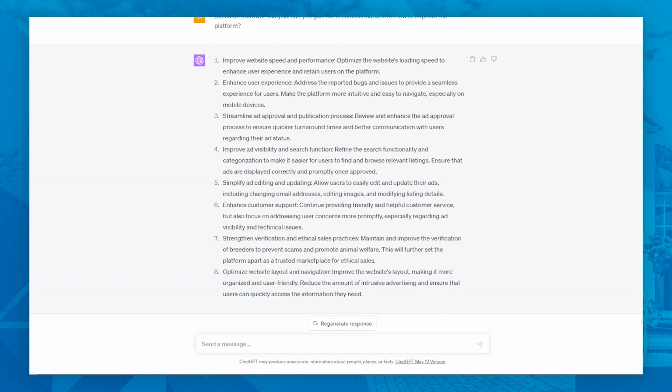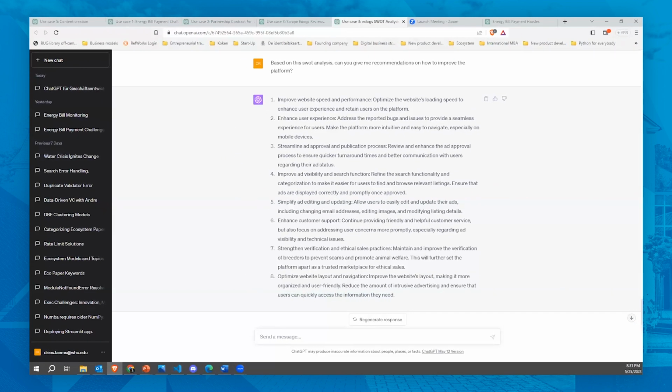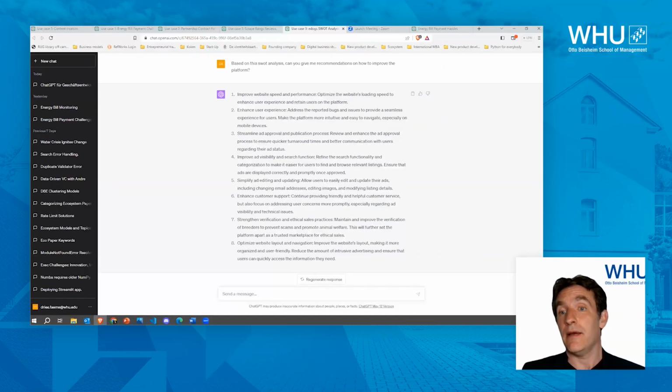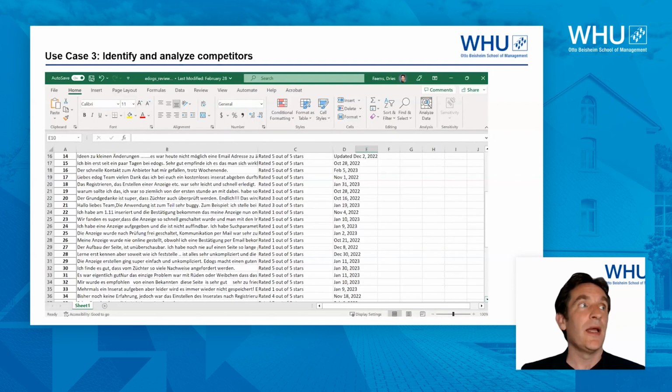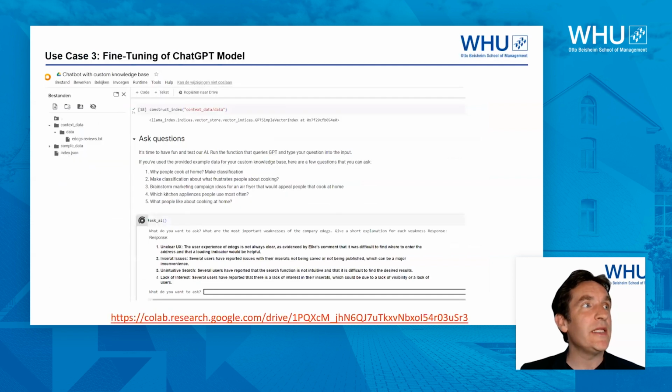Now, I told you an important limitation is that you can just prompt like 50 reviews into this kind of prompt. Actually, and this is a really recent development, today it also becomes possible to create your own language model based on ChatGPT, what is called fine-tuning. So what you will do as a first step, and this is what I did, is the coding in Google Colab.